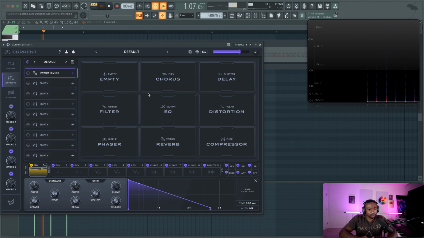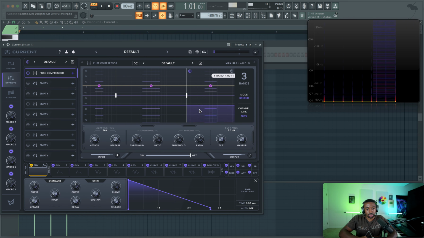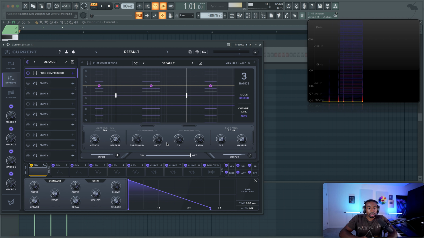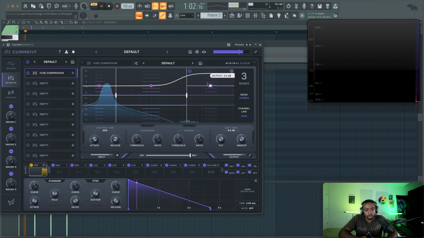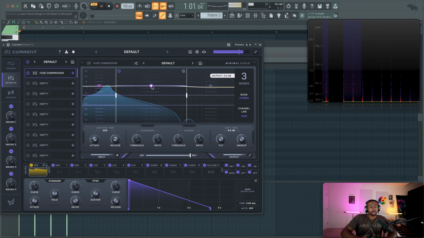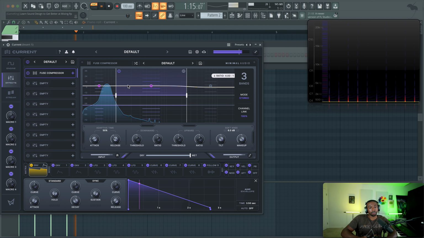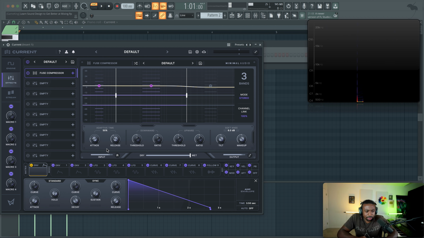Let's add compressor. Now this compressor is doing cool stuff like multi-band compression. Let me see if there's a way to reset. Let's go to default. Let's turn off the high band for now. Okay, so we want to shape the curvature. Now the high frequencies are moving fast, but the low frequencies are still kind of trying to catch up. So let's grab this low band, and we want to set, these knobs are a little bit different.